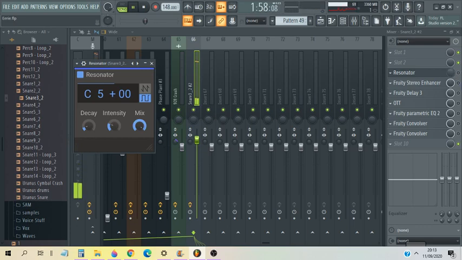So yeah, basically, what this is going to do is it's going to exaggerate the power of the C5 note's frequency, the bass tone of it. It is going to increase the volume of that frequency. It does something kind of more than that, but basically it makes them more intense.